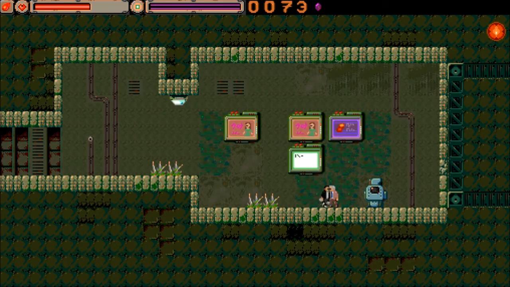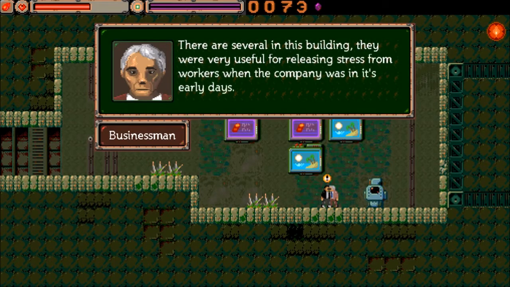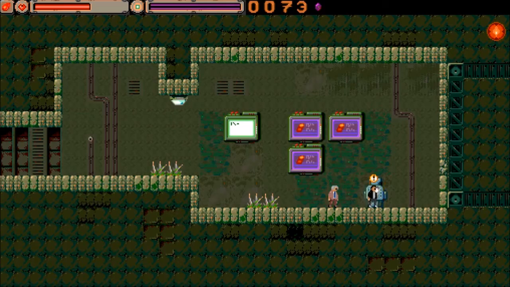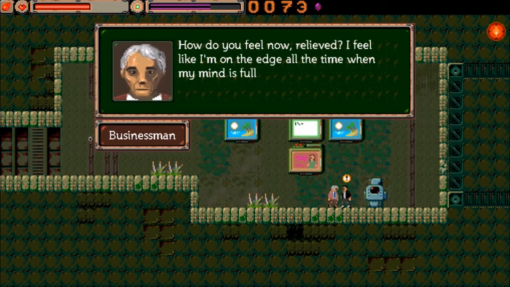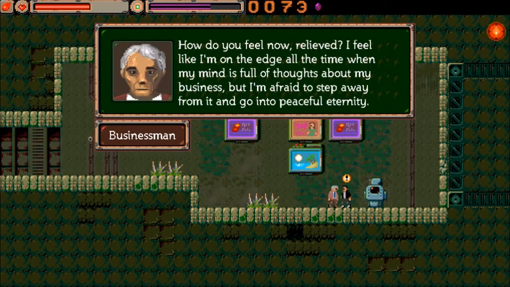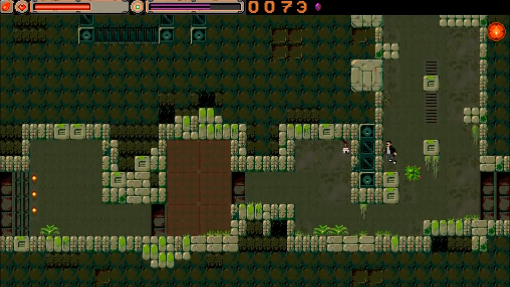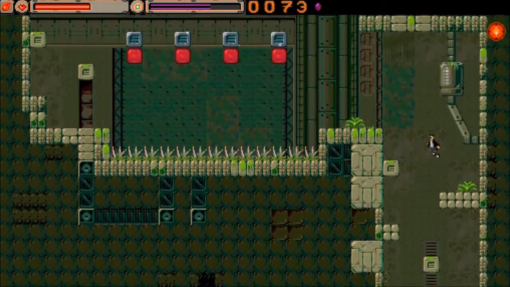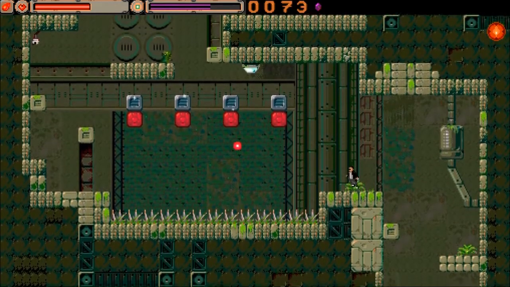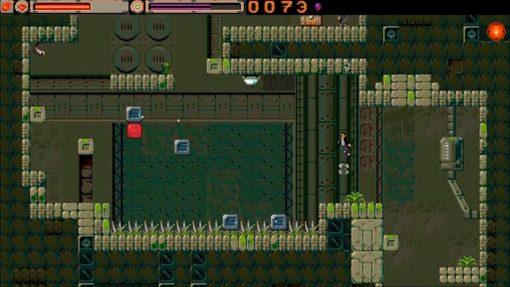Who are you? Unwanted thoughts, temporary peace. Is this an official save point? Uh-huh. I have no idea what that just did for me. And there's weird green things falling. Okay, got a little bit of a puzzle here, I guess. Not really much of a puzzle, but...